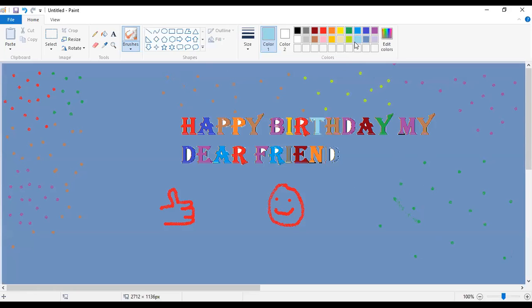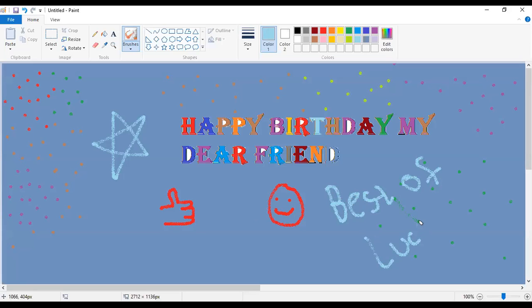Like if you want to make a star over here, you can make. If you want to write any wish with the help of this tool, you can write, like, best of luck. Got it?